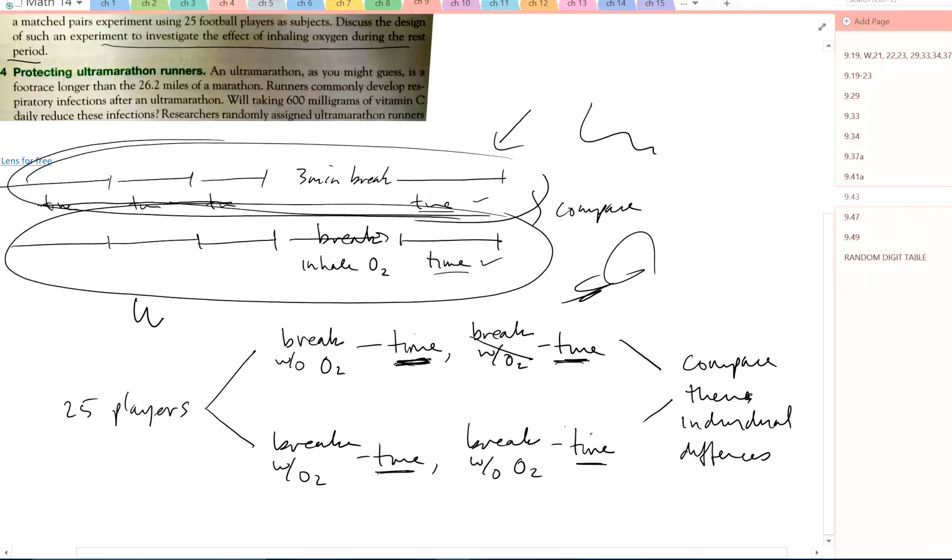Now, I do them separately like this because I want half the people to do it without the oxygen the first time, and the second time the other group is doing it with the oxygen the first time. So that way there's no advantage to, well, I did this one first, so of course that time's going to be faster because it's the first run you made. Well, half of them did it here, half of them did it here, so it'll even out in the end. Okay, let's look at the next one, 47.